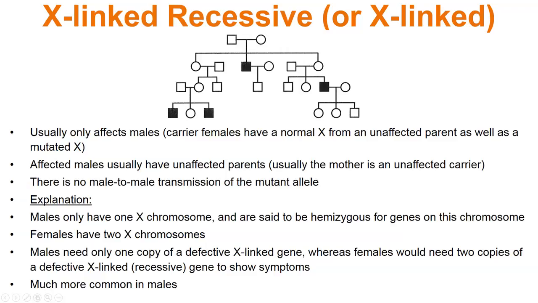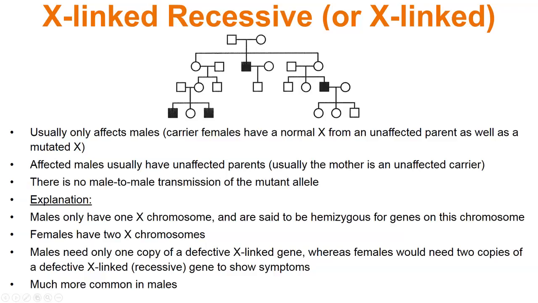Okay, so if a male, remember the male has an X chromosome and a Y chromosome. If he has a son, he doesn't pass on that mutant X chromosome. He passes on his Y chromosome. Therefore, he can't pass on the disease to his sons. Although what ends up happening when we do the Punnett square, you'll see that he can only pass on a mutant X chromosome. Therefore, any daughters he has become carriers, right? So